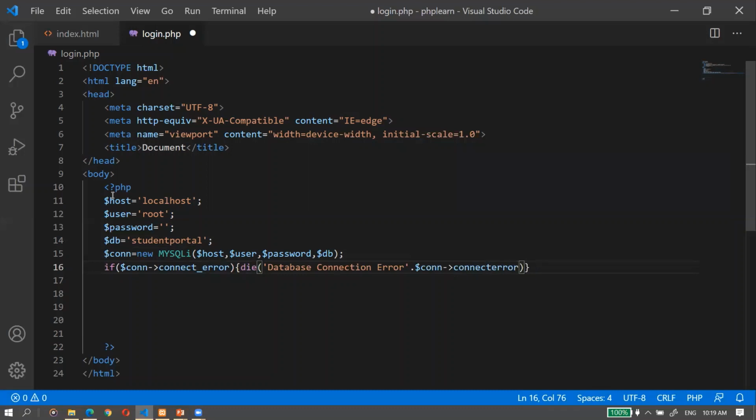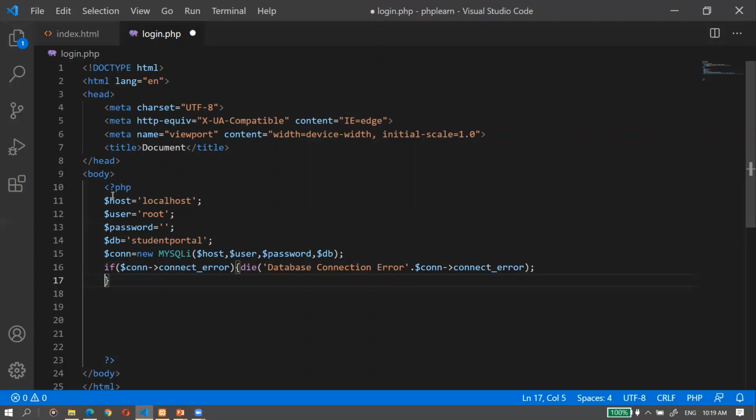This is connect underscore error. So this is the code basically to connect with the database. If the connection is successful, then of course something is there in the $con variable. If not, it will say database connection error and the whole process will die.